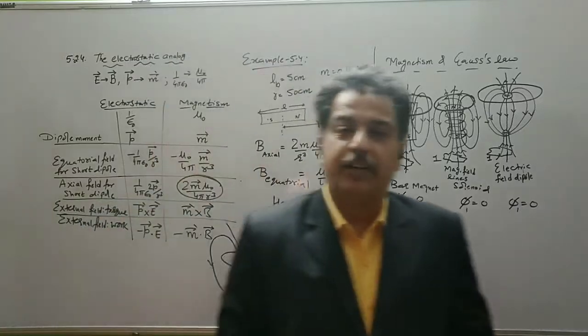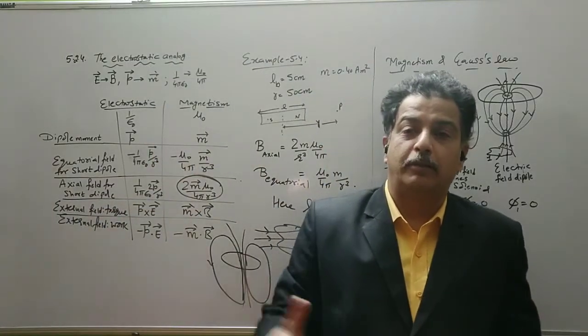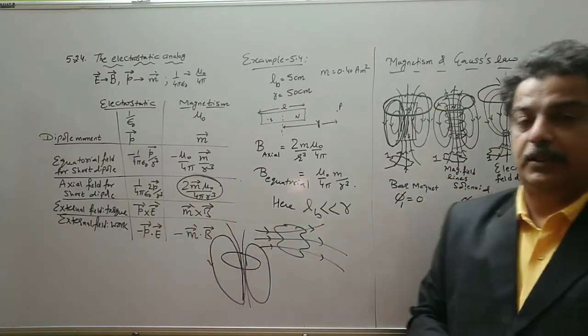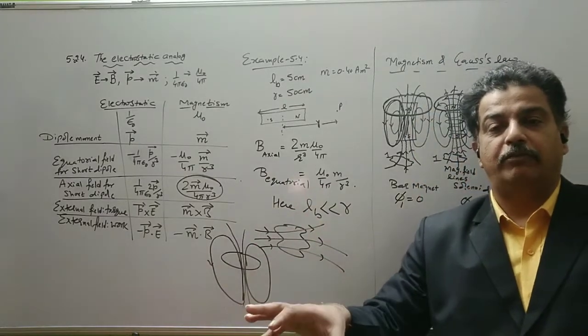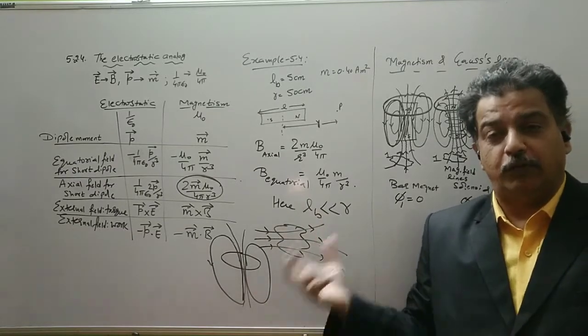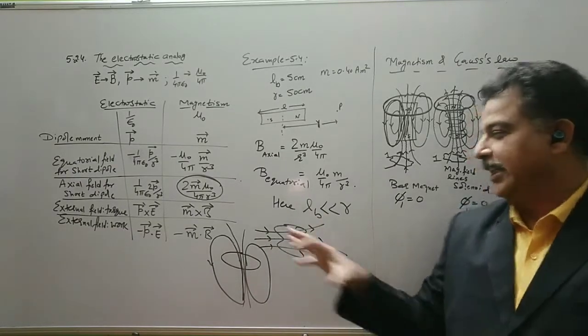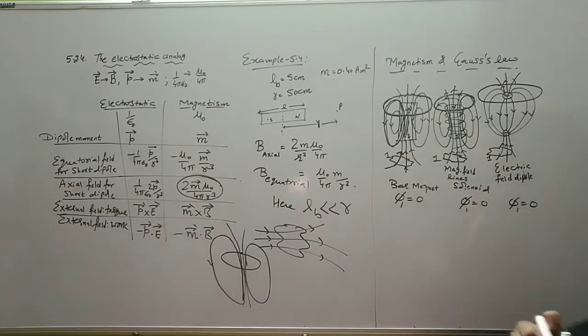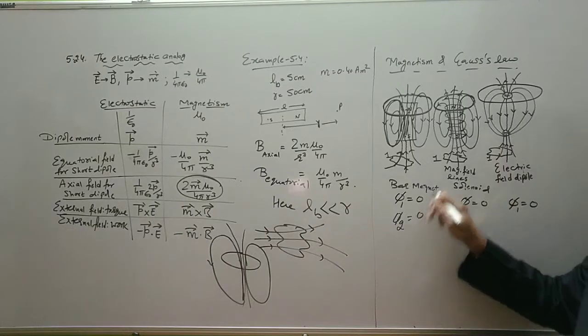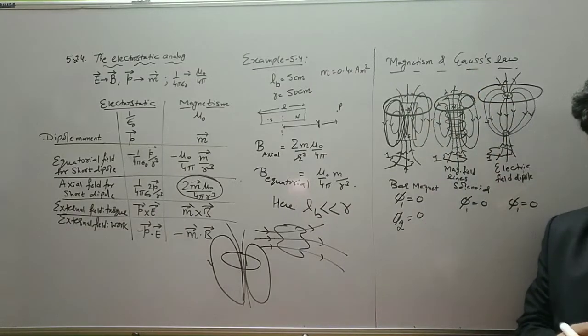Clearly, the number of field lines entering is equal to the number of field lines leaving the surface. So whatever number enters from one side, the same number emerges from the other side and it forms a closed loop. So the magnetic flux associated with this bar magnet, which is enclosing, say, the north pole, is